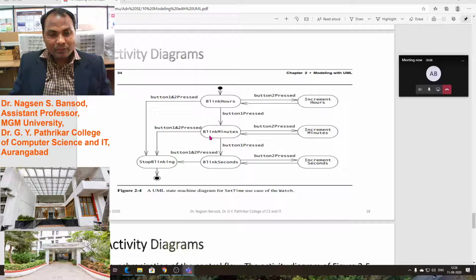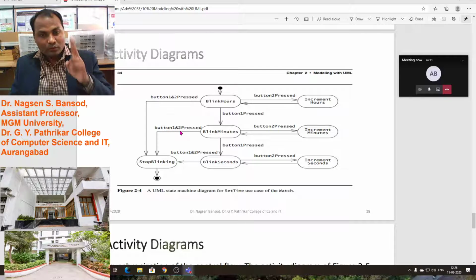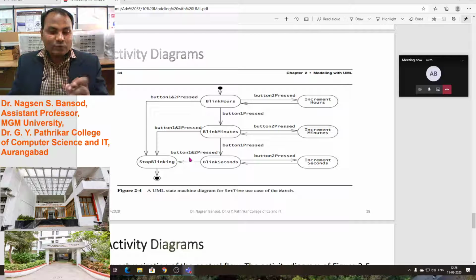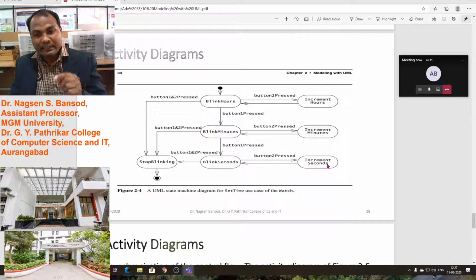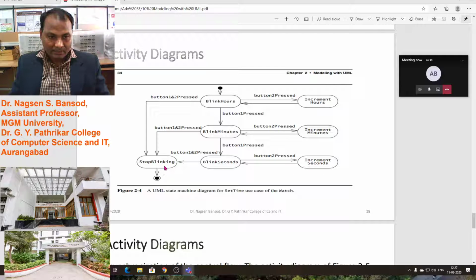Suppose we want to change the minutes, then press button 1 two times, then press button 2 to change the minutes. Suppose we want to change the seconds, then press button 1 three times, and after that the seconds will start blinking, and then we press button 2 to increment the seconds, and after that blinking will be stopped.